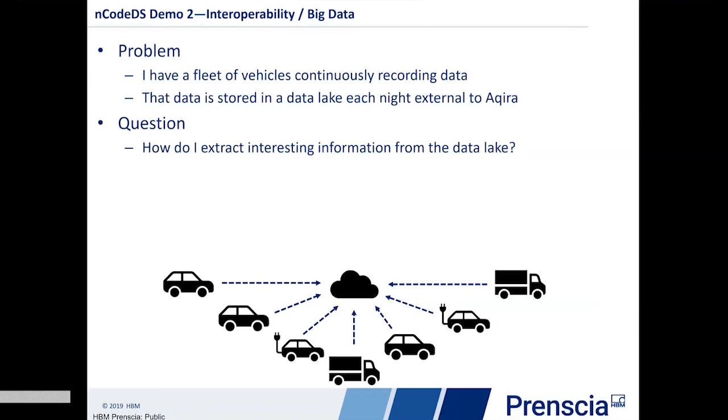Now, the question is, how can I extract interesting information from the data lake? And on top of that, can I leverage some of the capabilities that are offered by this historian database, by the data lake that I'm using?